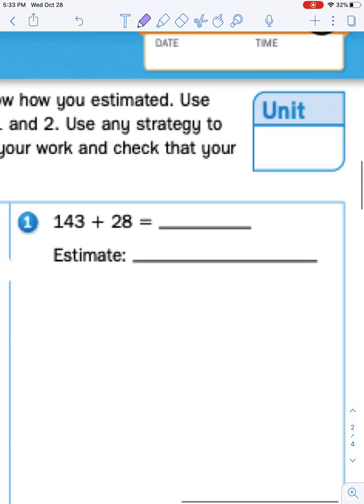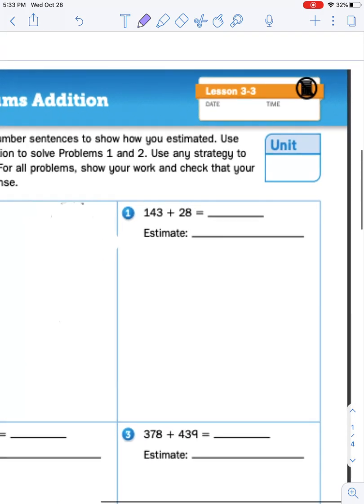Here are our numbers. Sorry, it kind of got blurry when I zoomed in. 143 plus 28 equals blank. Don't fill out this blank first. We will come back to that at the very end once we figure out the exact answer. All right, but for our estimate,